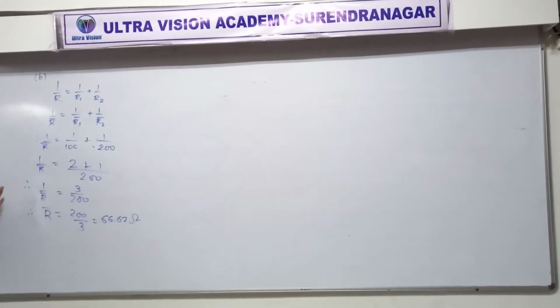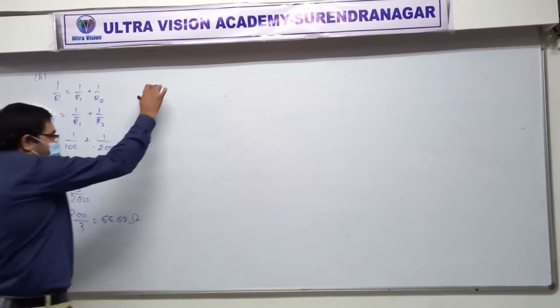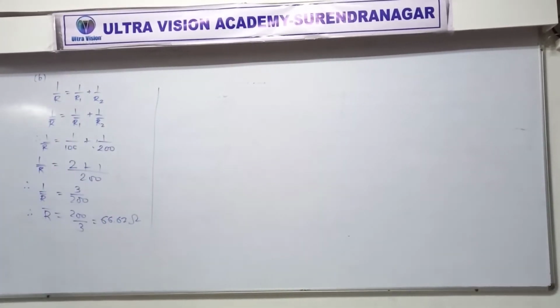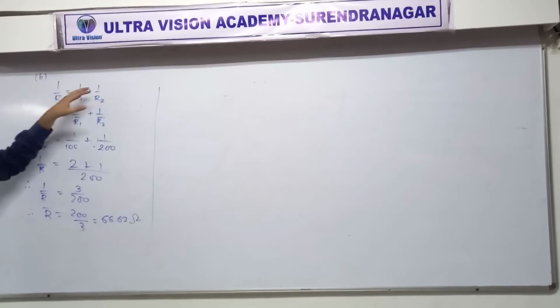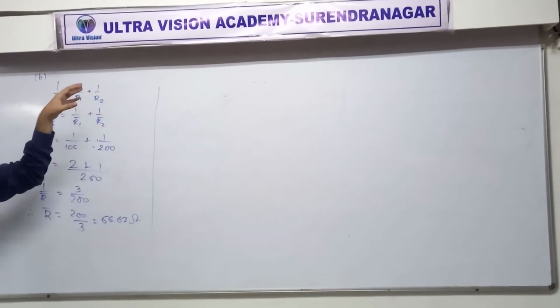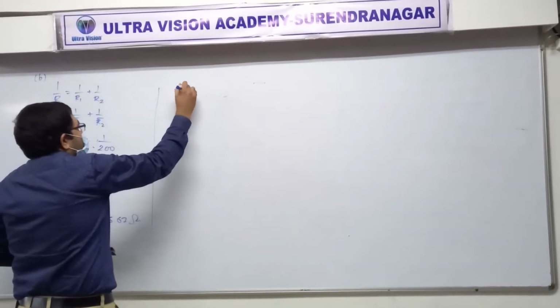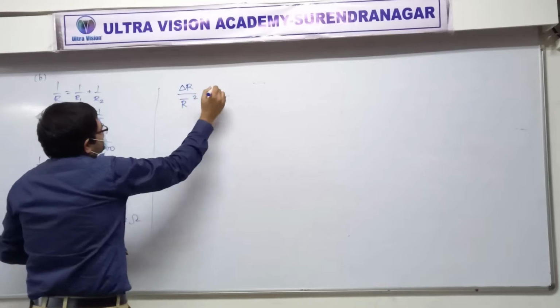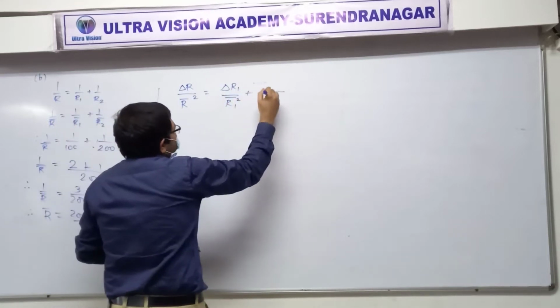Let's continue. Anyhow, we got this answer 200 by 3, that is 66.67. This is R bar. We still have to find delta R. For finding delta R, a relation is given to us. Why is the relation given? Can't we find it using our usual stuff? No, because it doesn't match any of the patterns. This is not multiplication, this is not simple addition. It is reciprocal addition. That's why a formula has been given in the question itself. To be frank, it can be derived using a little bit of math, but I don't think it's required at this stage.